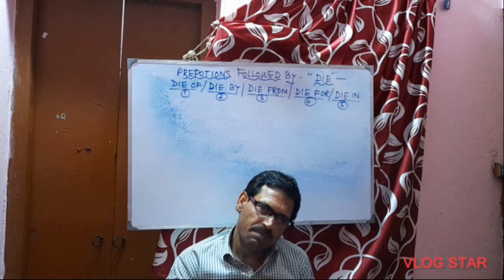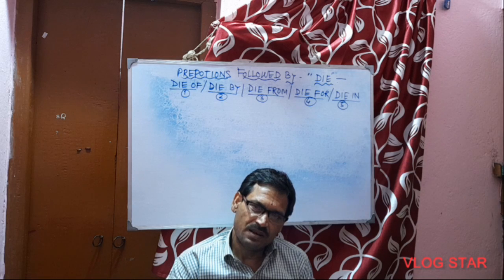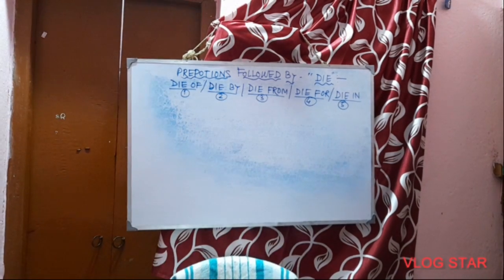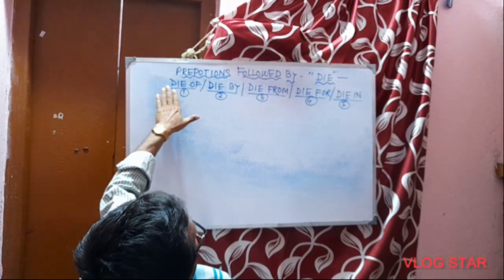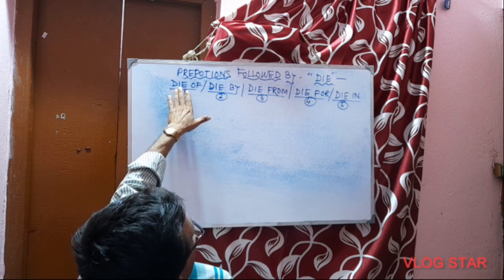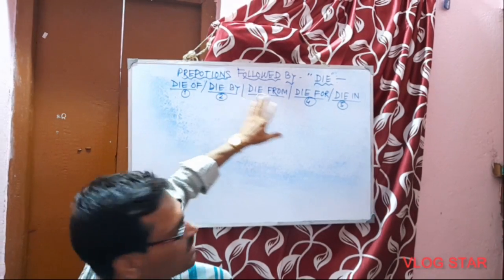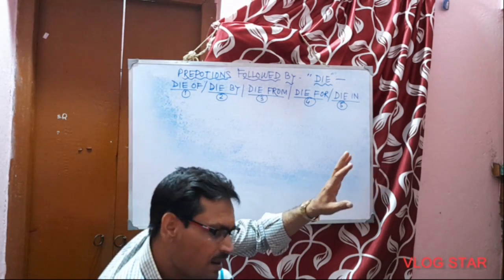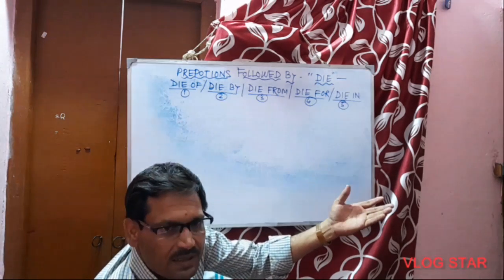Now, the question may arise why I have decided to make a video on that particular word, as the board shows, die. As you see, it is a very important word, and also its prepositions. It naturally takes 5 prepositions you have to keep in your mind, so that you can solve in all types of examinations, maybe competitive. And my experience says that in the traditional school examinations,